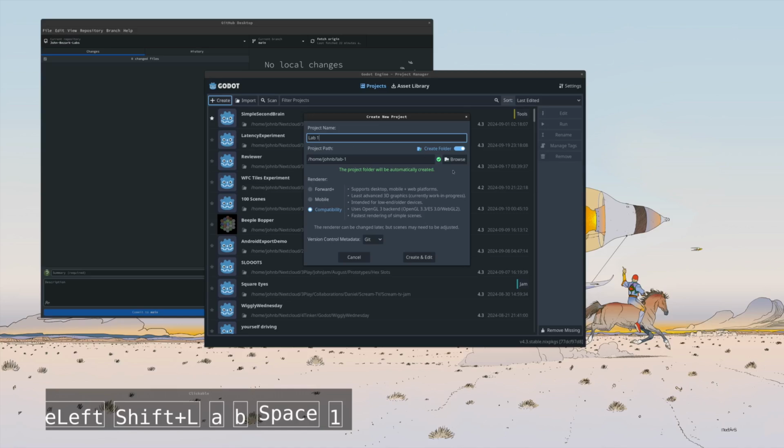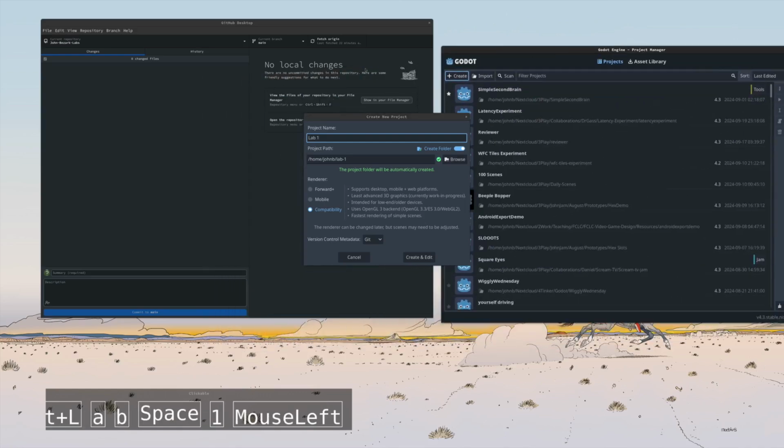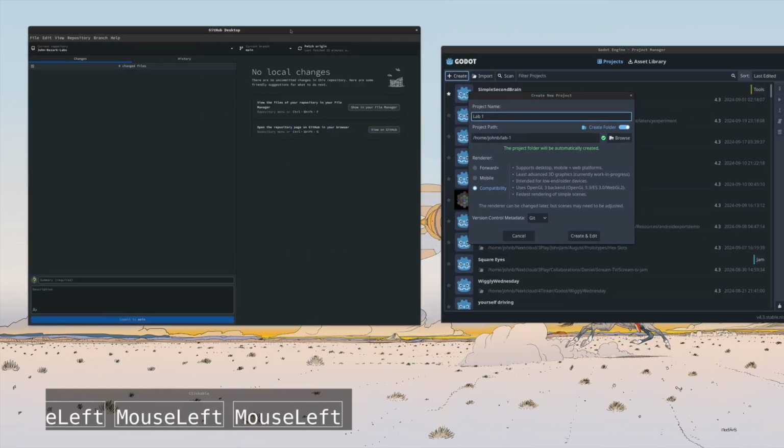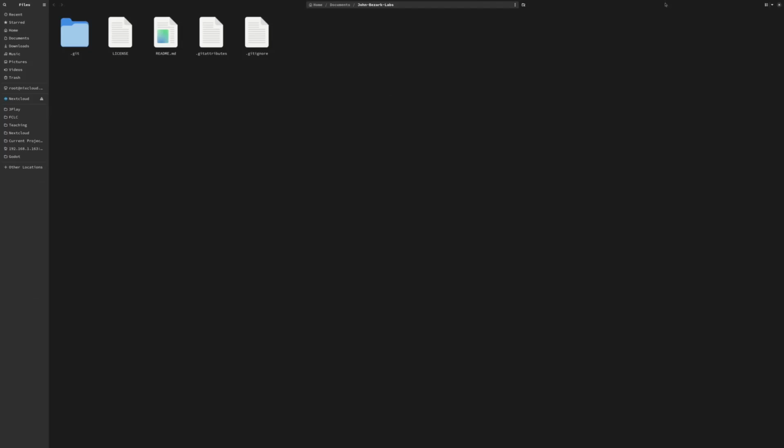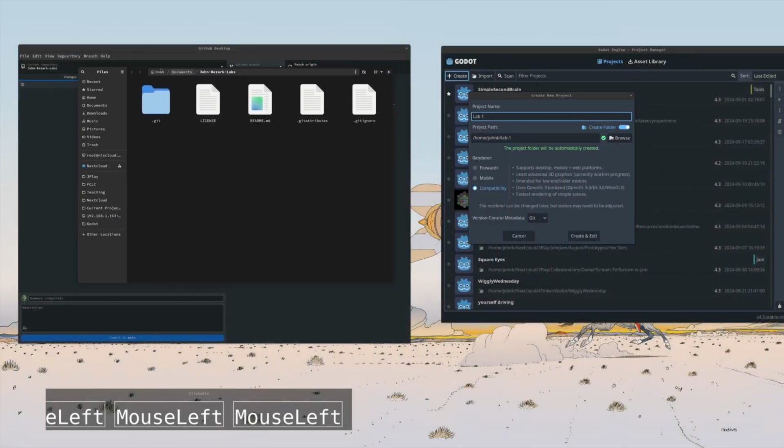You're going to want to put this in a folder, and this part is particularly important. You need to put it in the folder that is your GitHub repository. You're not going to be able to upload your project unless it is in the folder where your repository is. You can always find out where your repository is by clicking Show in File Manager. This particular repository is located in my